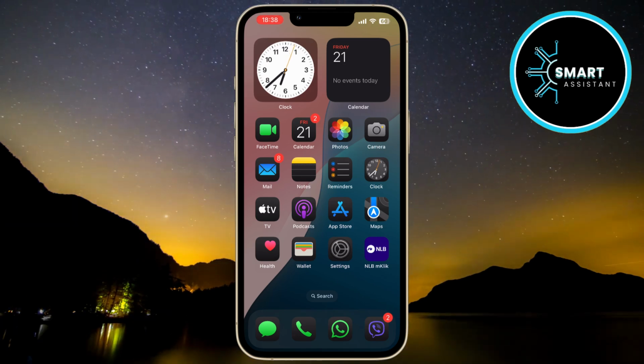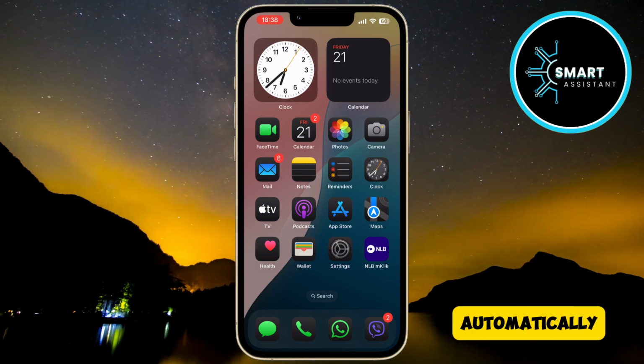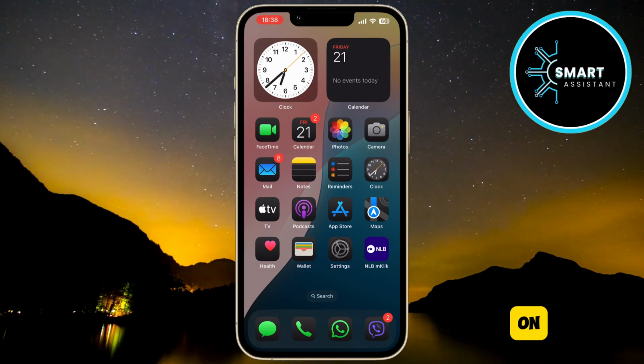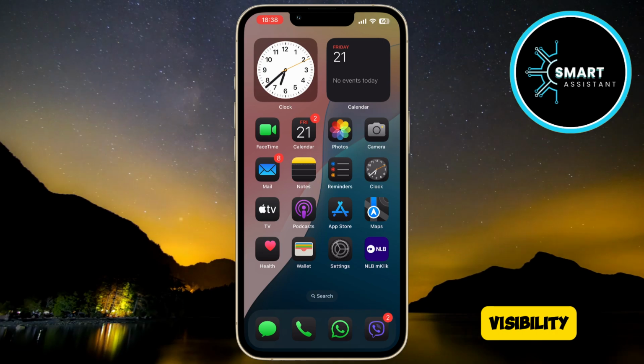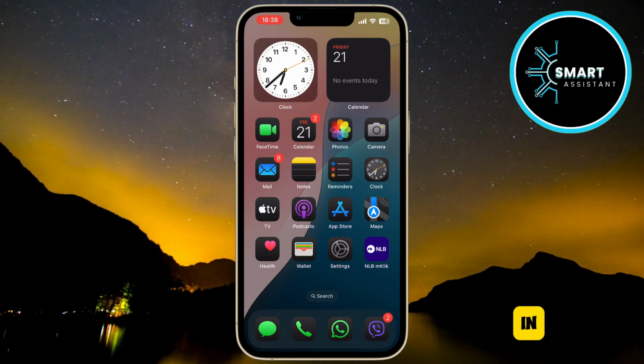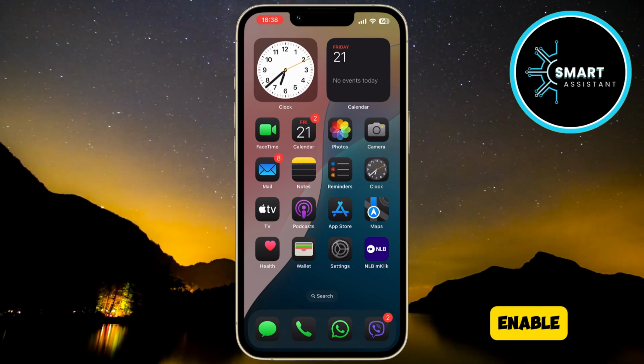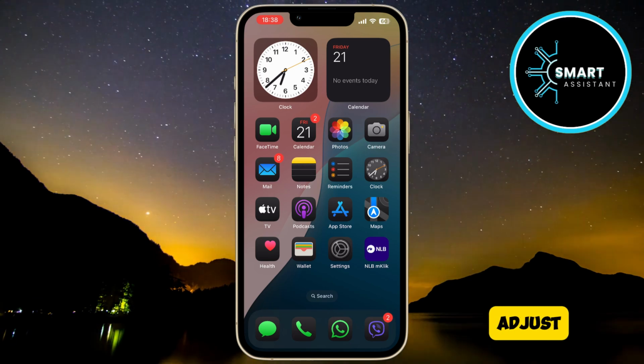Hello friends! Do you want your iPhone to automatically adjust the screen brightness based on your surroundings? The auto brightness feature can help improve screen visibility and save battery life. In this tutorial, I will show you how to enable it easily and let your phone adjust to the lighting